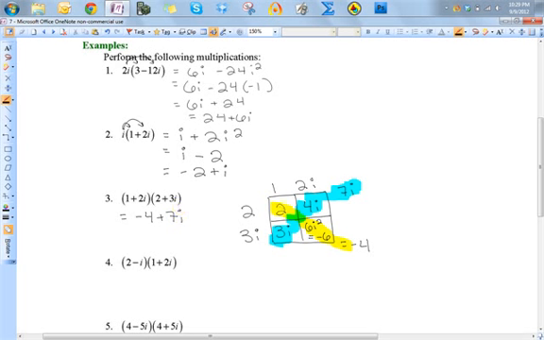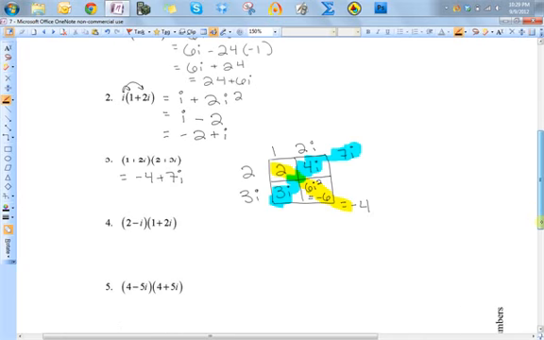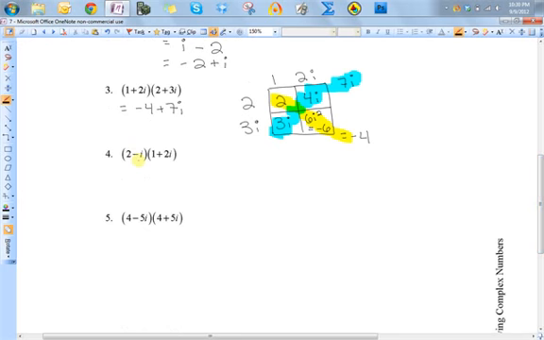So if you use the box method, it'll always be this way, where this one's real, this one's real, this one's imaginary, this one's imaginary. Okay? Now you can also use FOIL, which means you multiply the first, which is 2, then the outside, which is 4i, then the inside, which is -i, and then the last, which is